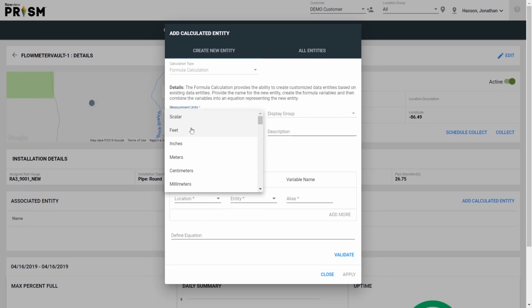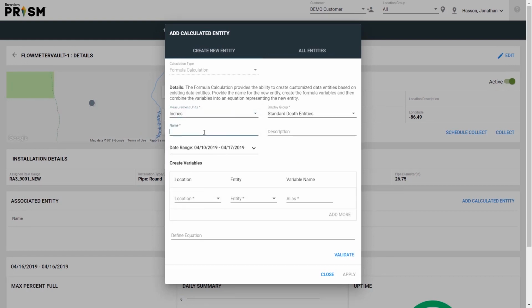First, you would select your measurement units. In this case, we're going to select inches, and then we would name our entity. This can be any name, so I'm going to call this Entity 1. And then you could add a description as well as select a date range. You create variables for your equation by first selecting the site data you wish to use, the entity you wish to use from that site data. In this case, I'm going to select Unidepth,